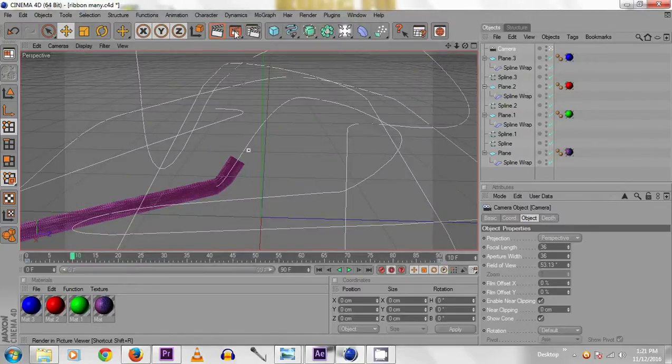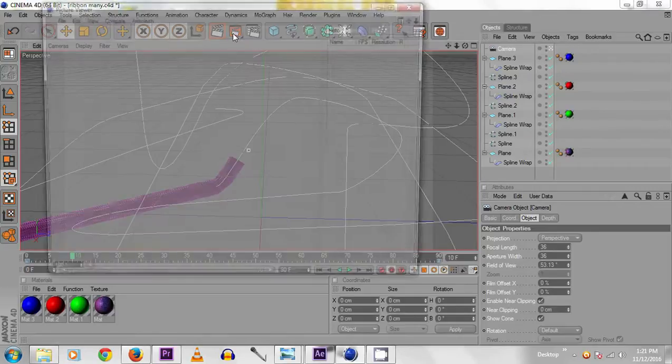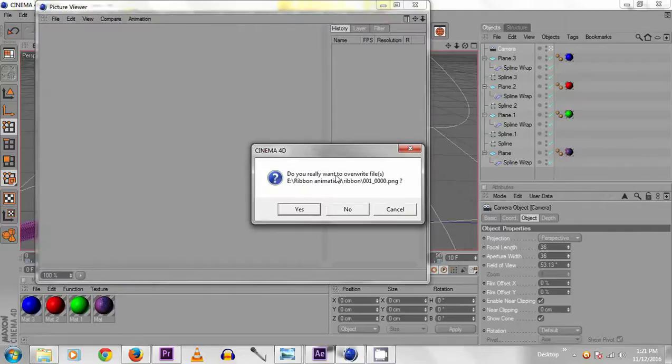Then click this render button. I already have the animation, but I override it.